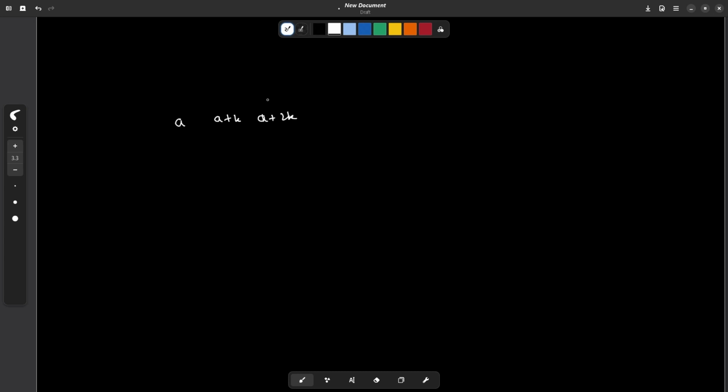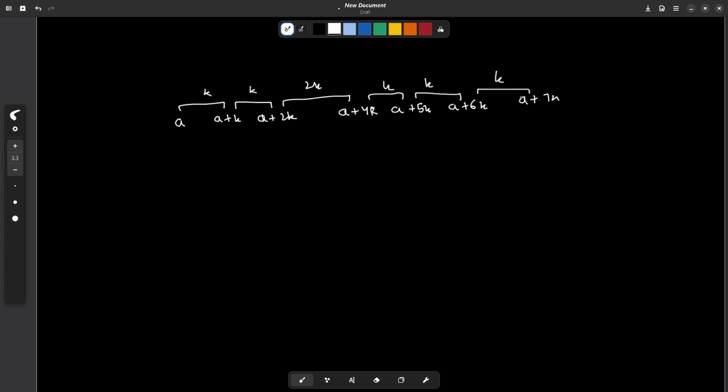So you see all of these problems, these two problems have a distance of k, these two problems have a difference of k as well. Now as soon as I include some value like this, these two problems have a difference of 2k, right? Now again I might have some other value here, a plus 5k, a plus 6k, right? Again this difference is k, and let me just also write a plus 7k, so that this difference is also k,